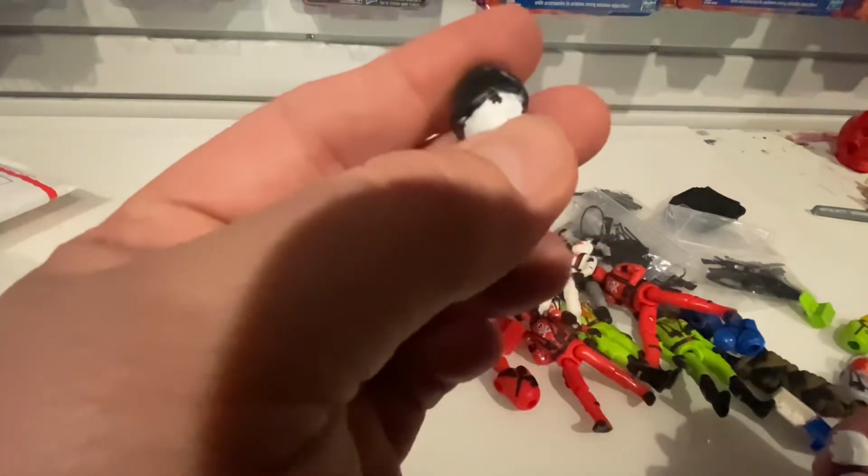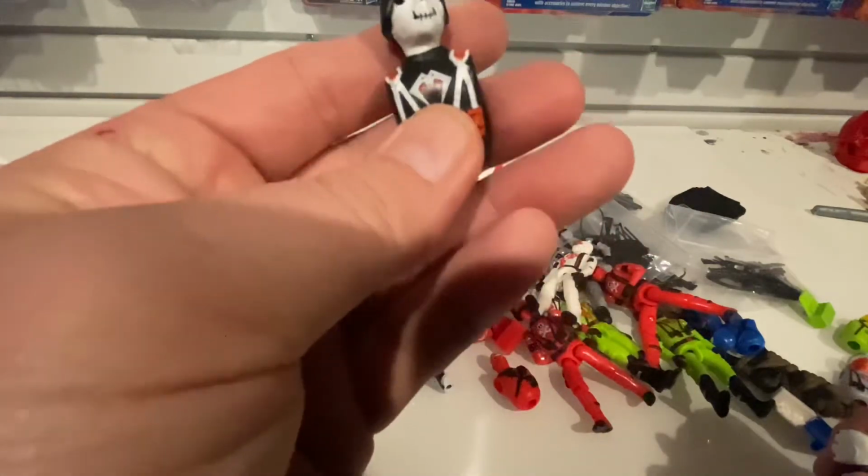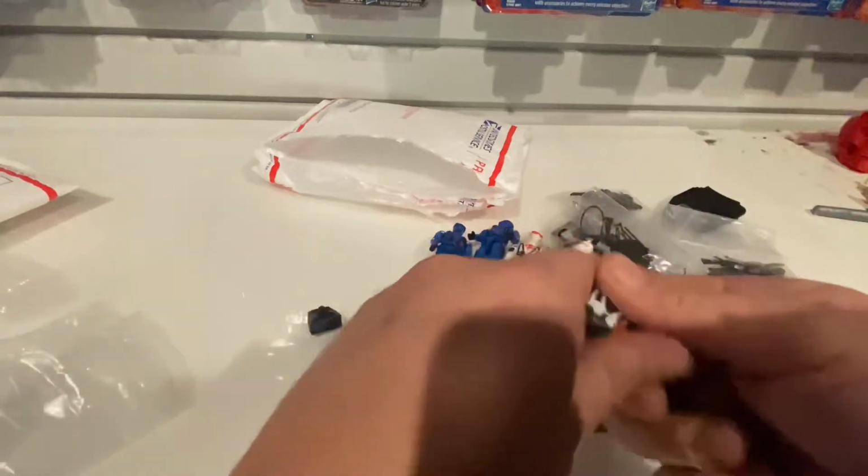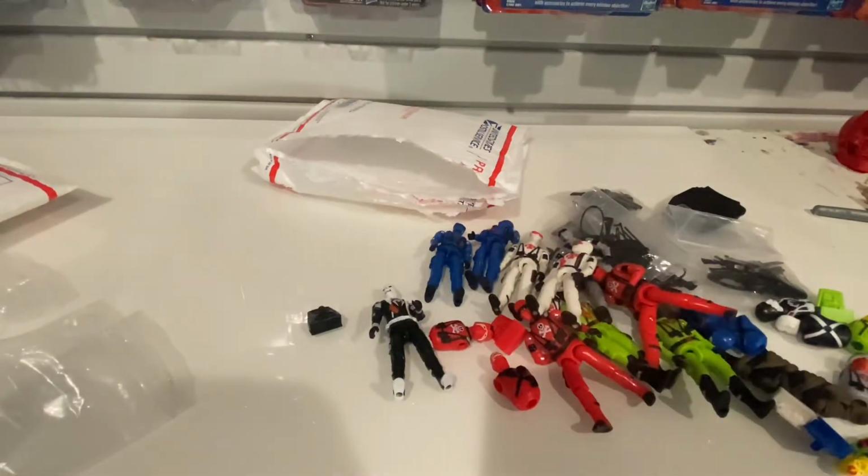His eyeball is over on his helmet. Right on. Yeah, I'm sorry. That looks like shit. I'm sorry, guys. I was very hopeful for this set. I've been looking forward to getting it, mostly because I really enjoy the V1 Snake Eyes parts being used. But the overall quality of these figures is...